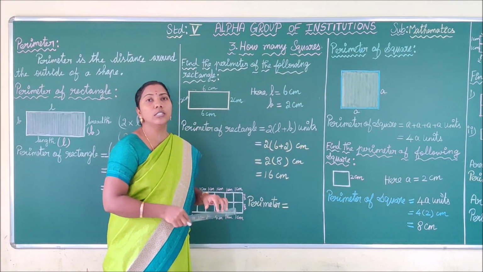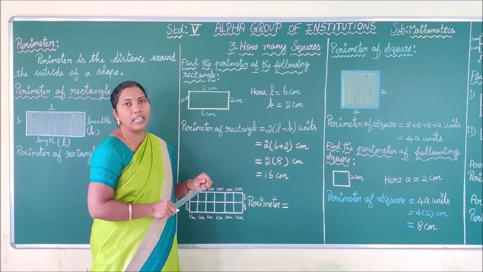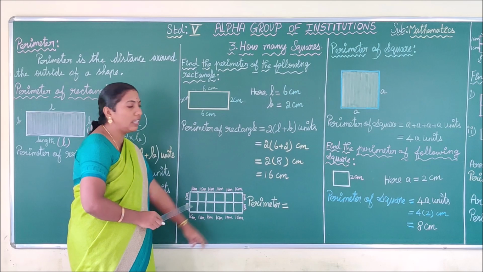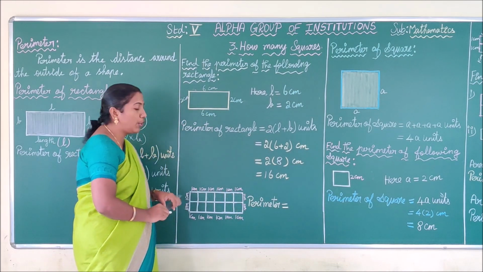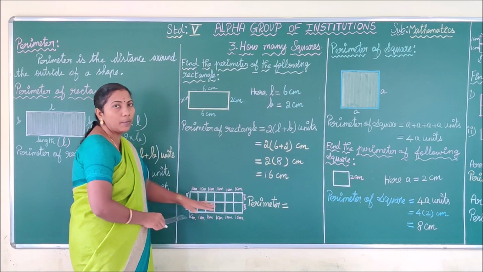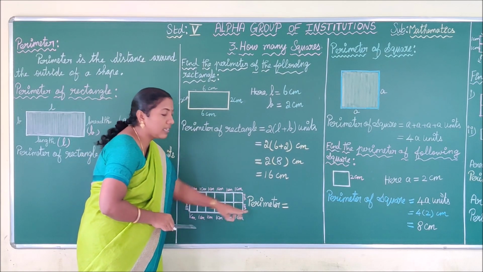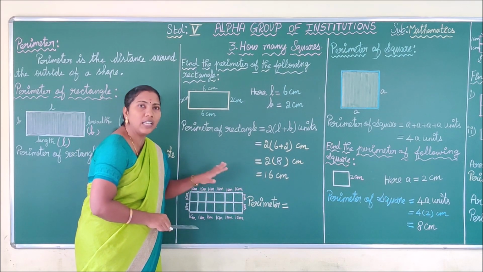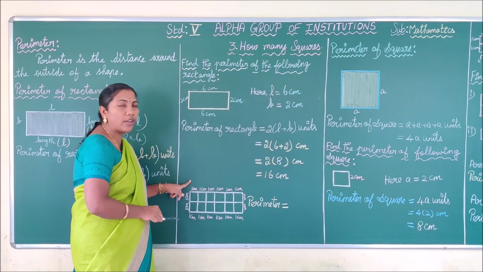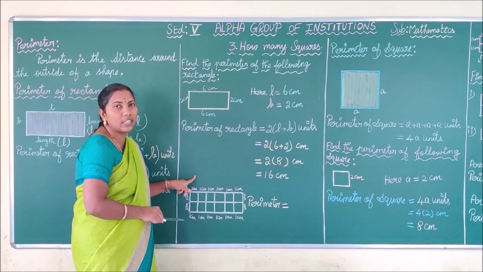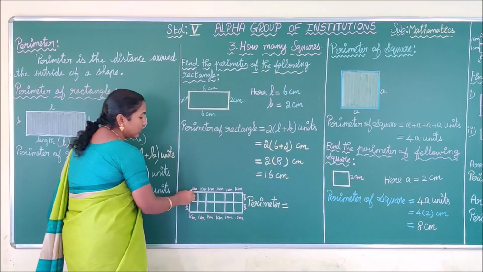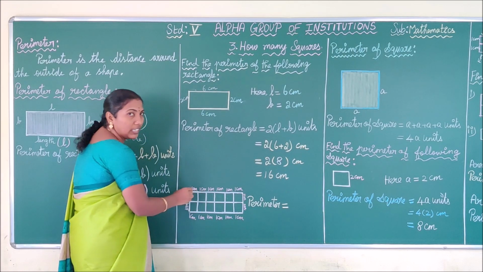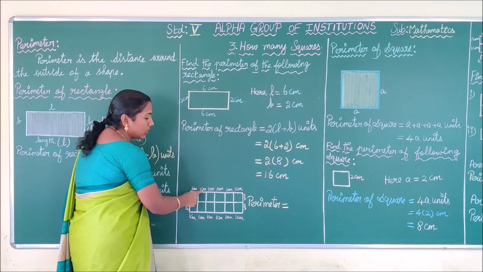Next we are going to use the square method to find the perimeter of the rectangle. See here, children, this is the shape they have given. Here we are going to find the perimeter of this shape. What I have told, what is meant by perimeter? We have to just add the length of the sides of the given shape. So first you have to find the length of each side of the given shape. What is the length of these sides? Each square has a side of 1 centimeter. So it is 1 centimeter, 1 centimeter, 1 centimeter.